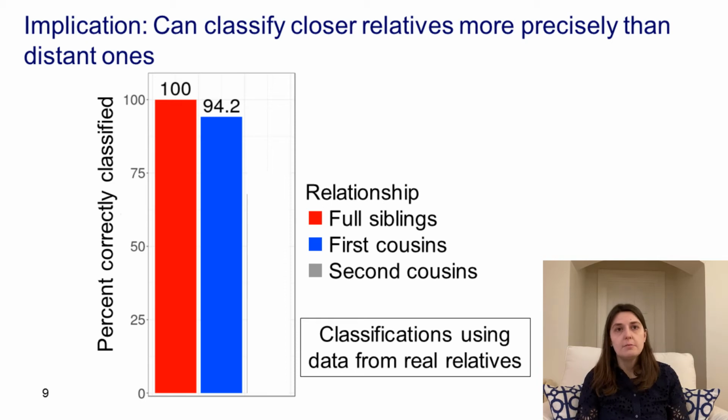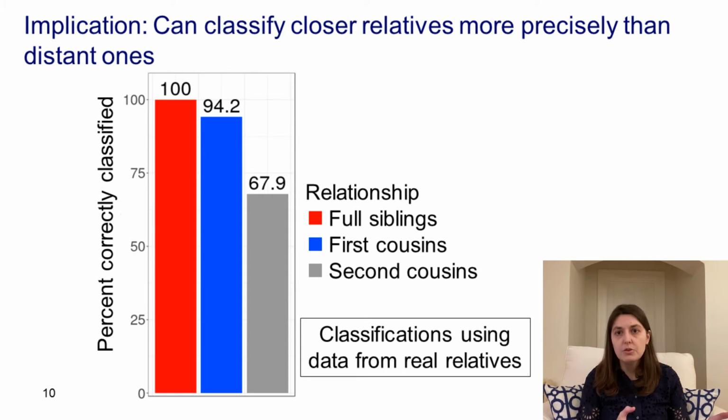That's quite a drop, but an even more dramatic drop is from first cousins to second cousins, where the relationships for second cousins are only reliably determined in about 68% of cases. So other cases tend to be inferred as first cousins once removed or second cousins once removed. Now again, it's important to realize that companies don't tend to report precise relationship types, but the potential is there